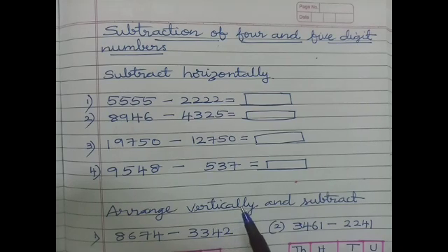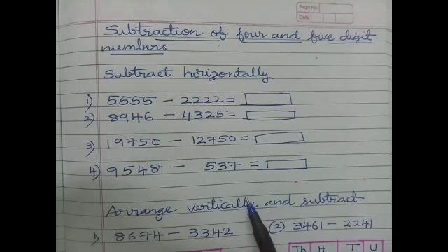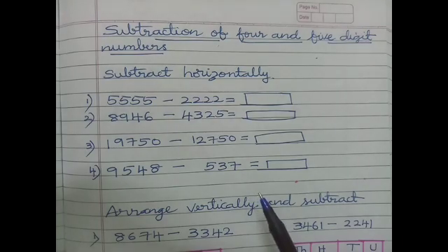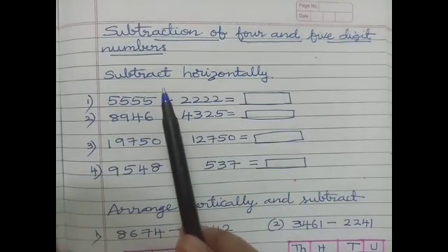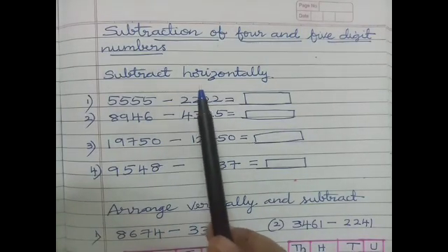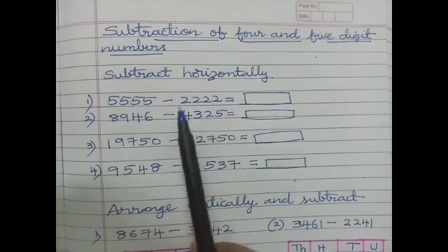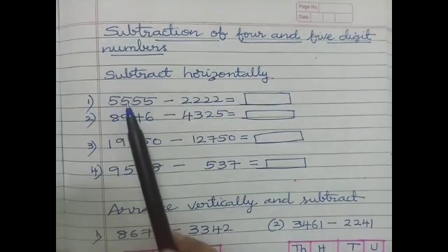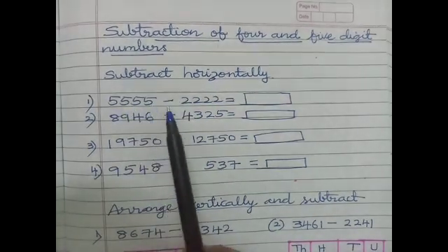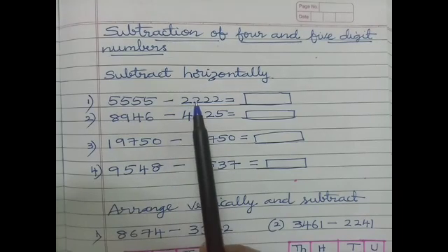You have to use the same method for subtraction. Only the thing is you have 1 digit extra in 4 digit number and 1 digit extra in 5 digit number. That's all. So first let us study the subtraction by horizontal method. So here 5555 minus